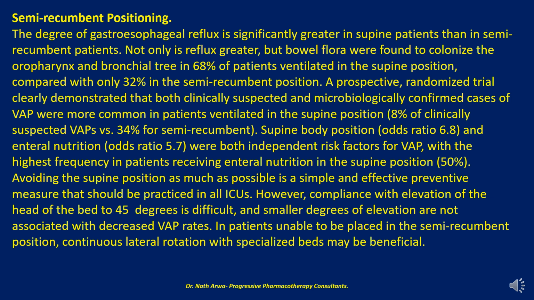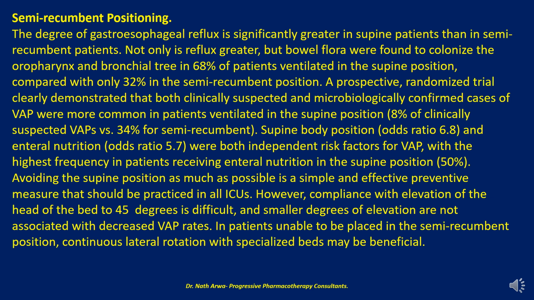A prospective, randomized trial clearly demonstrated that both clinically suspected and microbiologically confirmed cases of ventilator-associated pneumonia were more common in patients ventilated in the supine position, that is 8% of clinically suspected ventilator-associated pneumonias versus